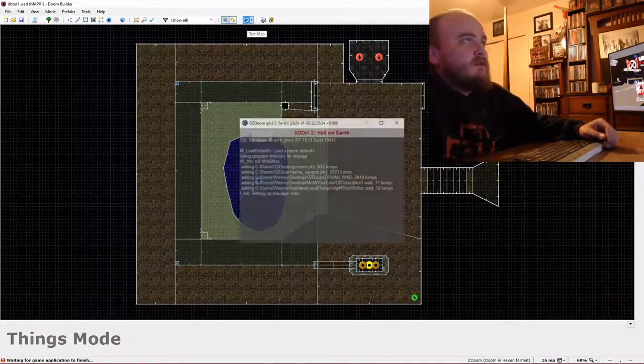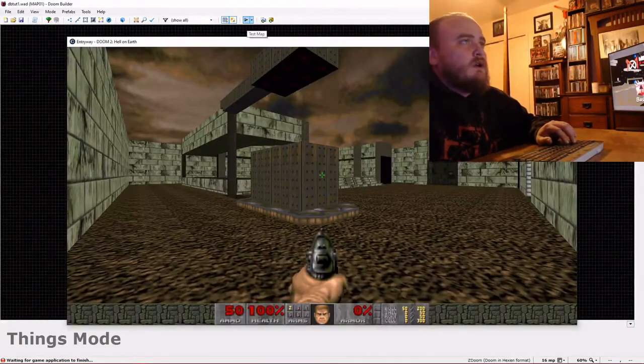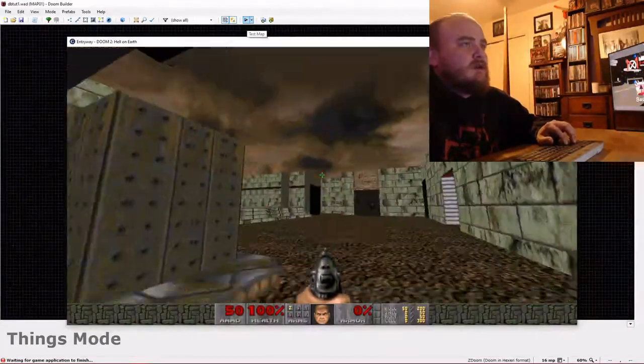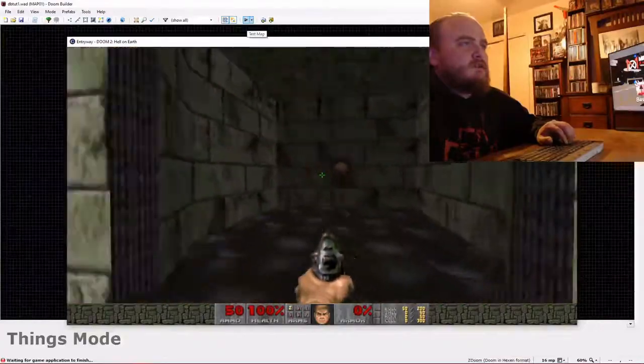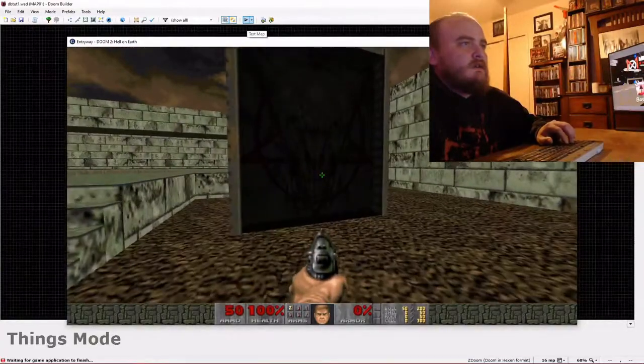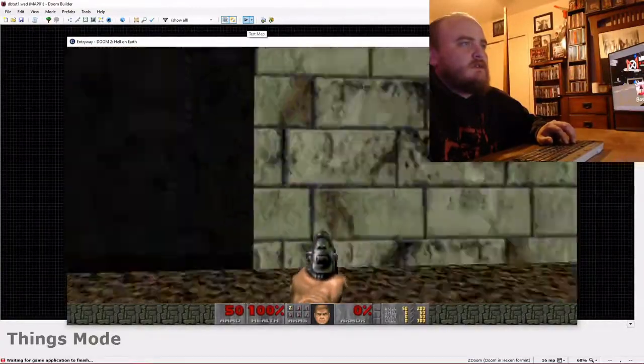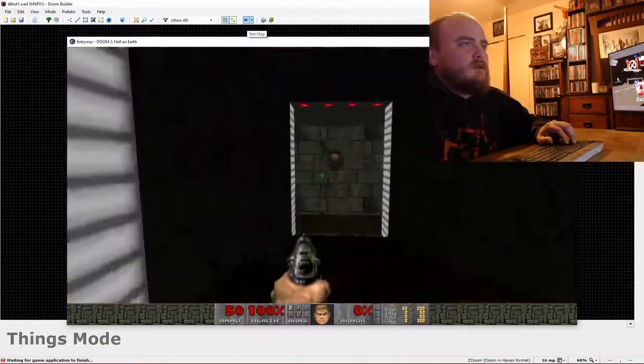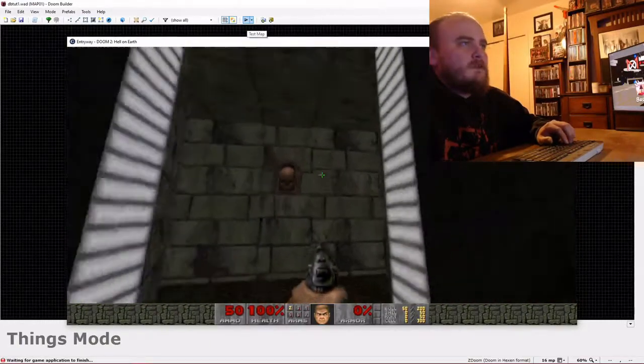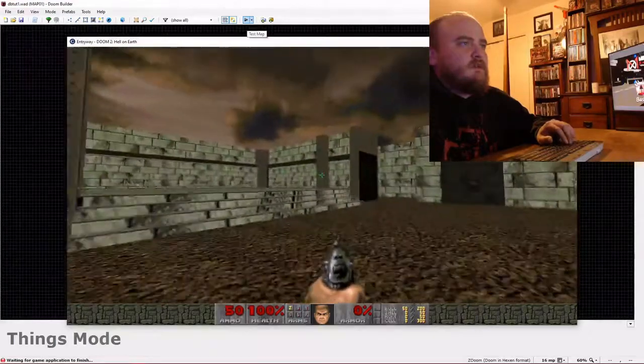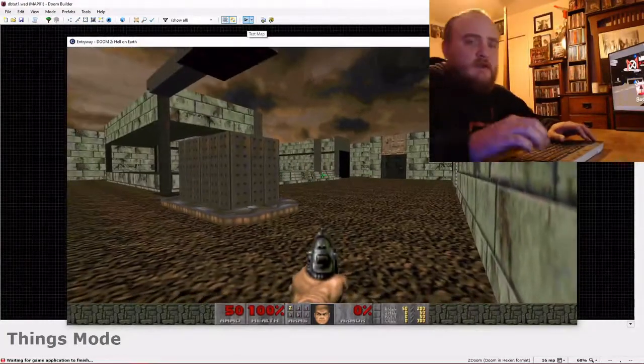So let's hit play and you'll see our lighting effects broke. Our monsters are gone. Our lighting effects completely just don't work anymore. Our switch is broken. So basically we just broke our map. So what we need to do